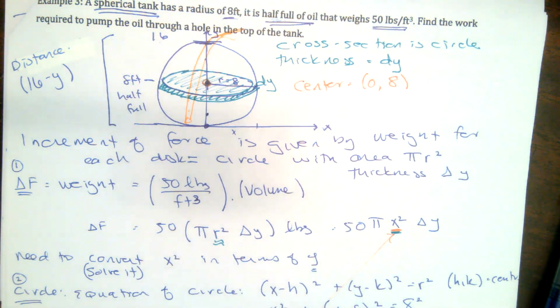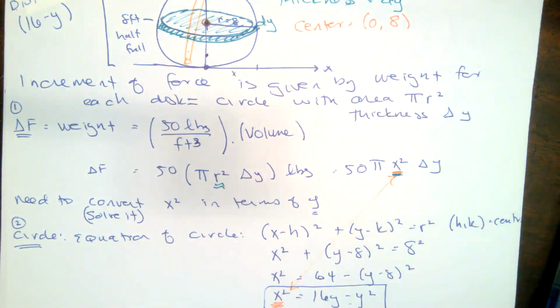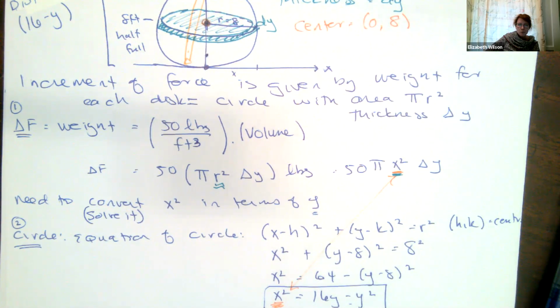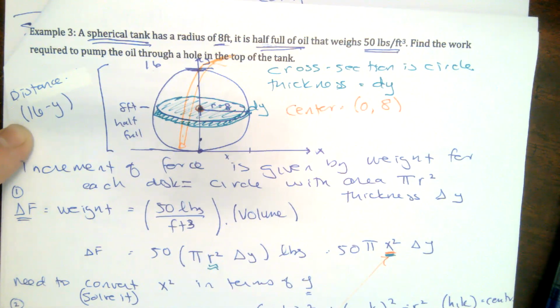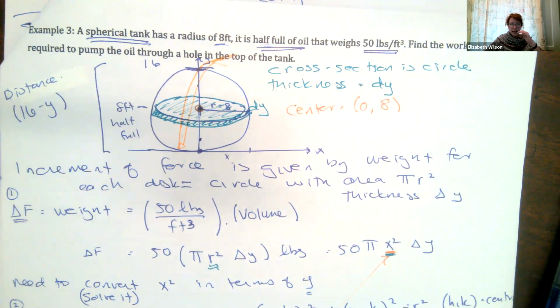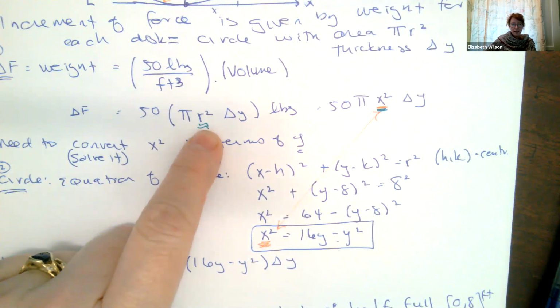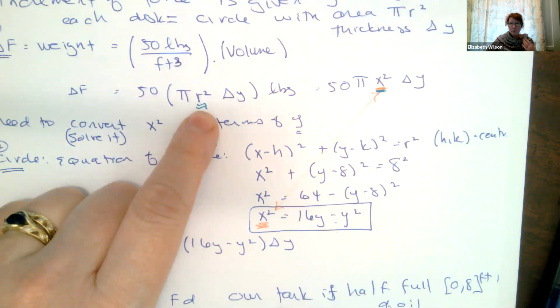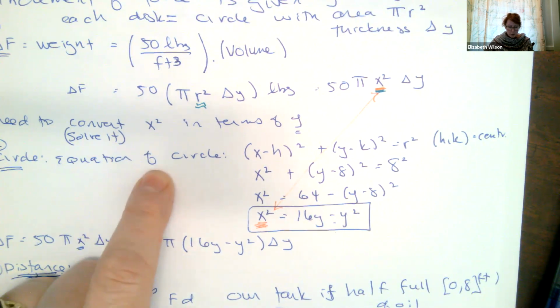Yeah, the dy is referencing the infinitesimally small volumes of the cross-sectional areas. And the height is just referring to the variable distance that would have to be carried through to perform work. That's going to depend on where you are in the tank, where the height of that little sliver is. And then the problem becomes that we have this in terms of our radius, and this is in terms of y, and our distance is in terms of y. So I need to convert my radius to be in terms of y, so I have all the same variable that I'm working with, which is why we started talking about the equation of the circle, because the circle describes that